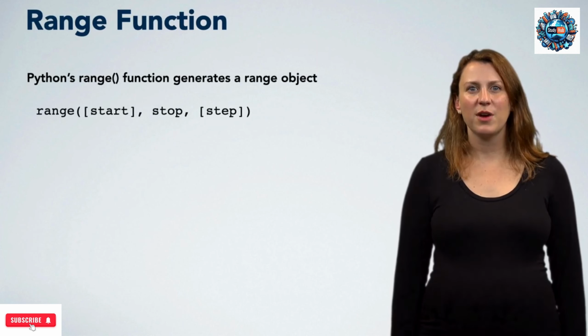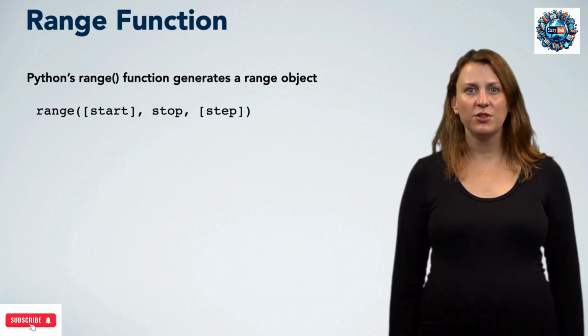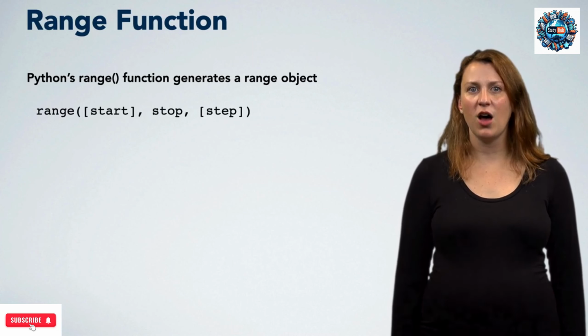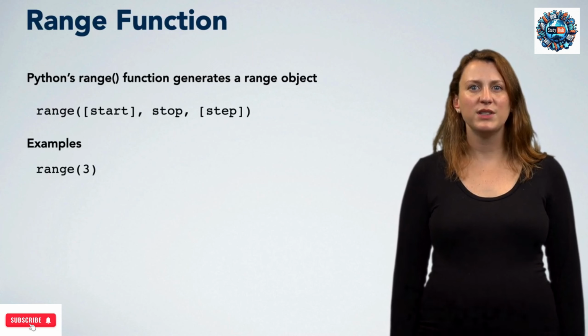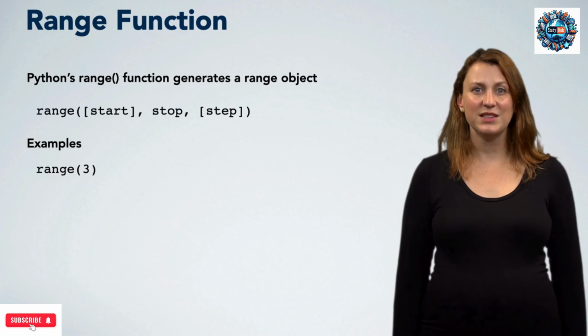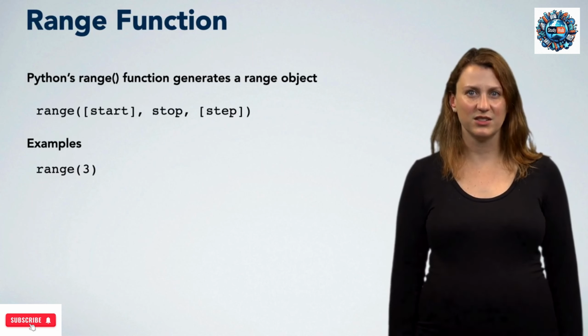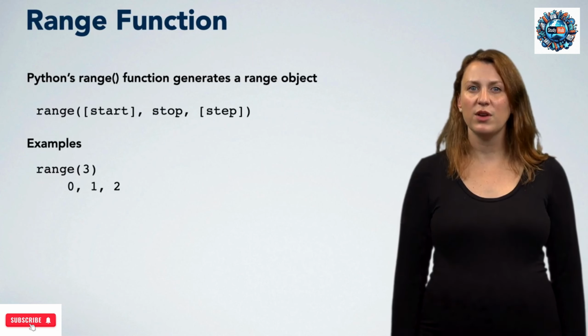Now we're going to talk about a feature of Python called the range function, which generates a range object. This function takes an optional first argument start, a required argument stop, and an optional argument step. Here's an example where we only supply the value of stop. By default, we start counting at 0, step by 1, and continue counting as long as the value we count is less than stop. So in this case, we count 0, 1, 2, and 3 is not less than 3,